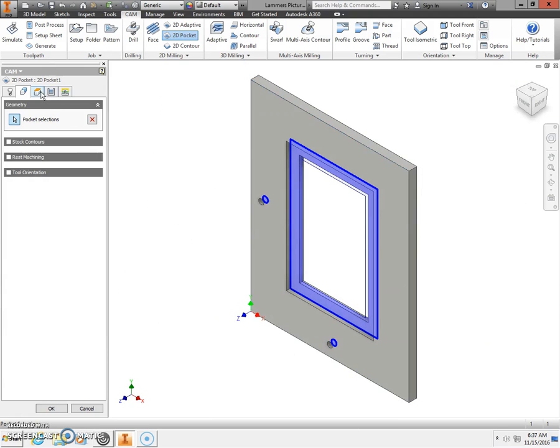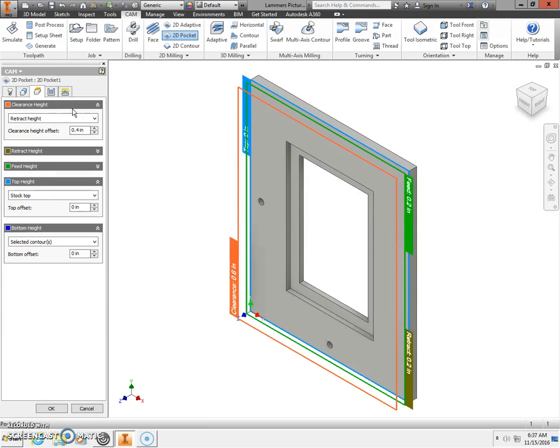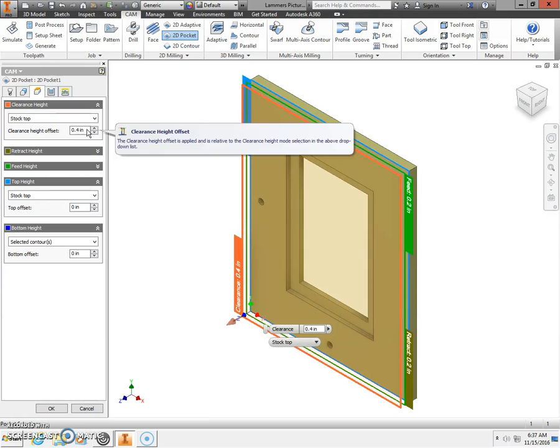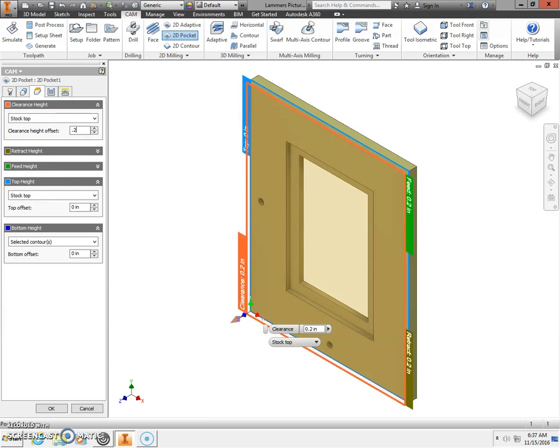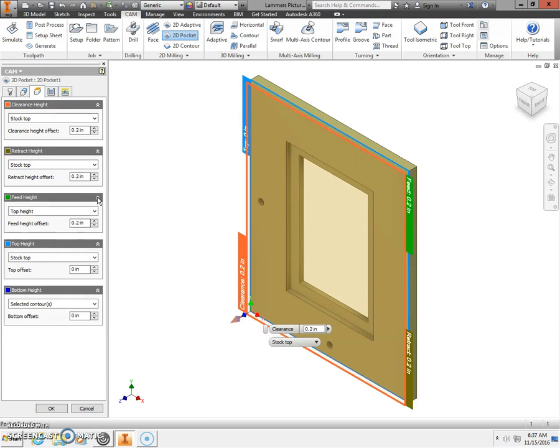With those 3 items selected, I'm going to come across to my heights, and I'm going to change my clearance height. Open this up here, and I'm going to change it to stock top, and I'm going to enter in a clearance offset of 0.2. Retract height, let's open this out and check it out. Stock top 0.2, that one's fine, we're going to leave it alone. My feed height I'm going to change to stock top and 0.2, and the bottom 2 I'm going to leave